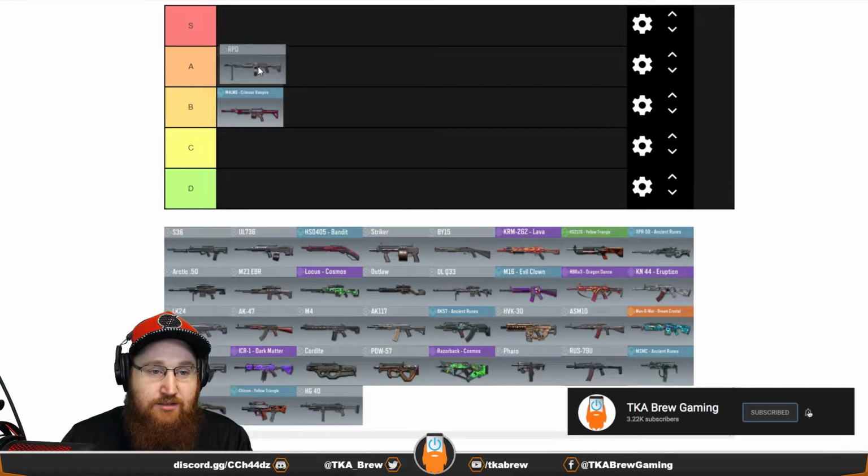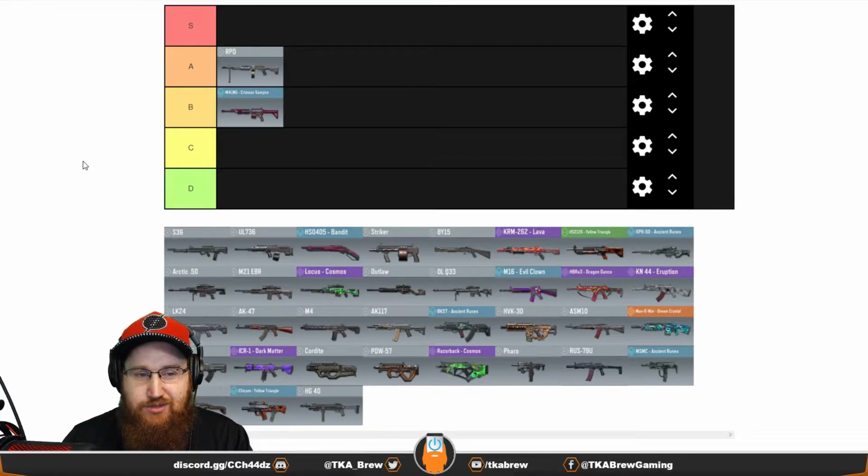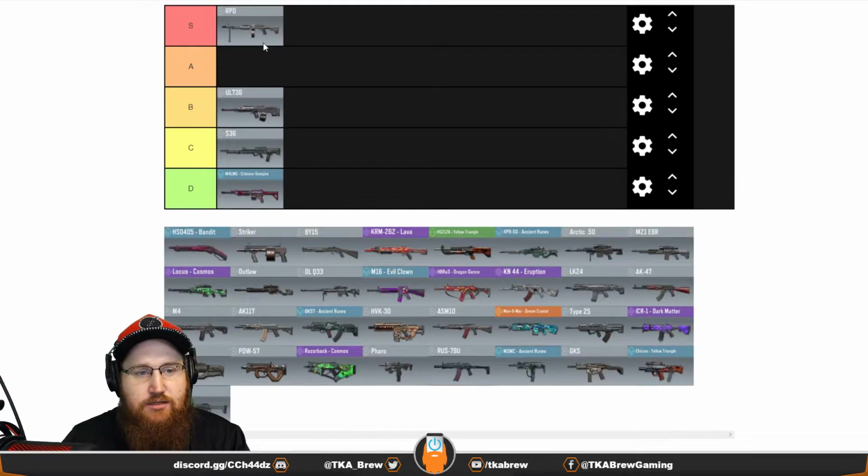The RPD, definitely in the A category, has it all. It's good at long range, which is good. Great fire rates. It's just the RPD is probably the most overall balanced gun for how good it is. The M4 LMG could probably use a small buff. Do we put the chopper in the A, or do we put the chopper in the S category? It's so good,